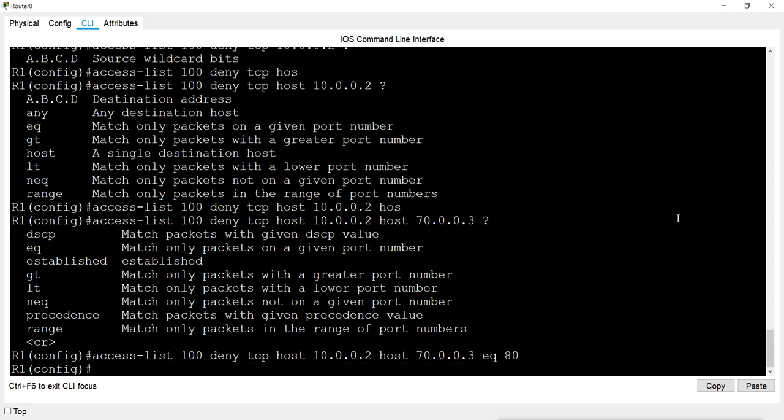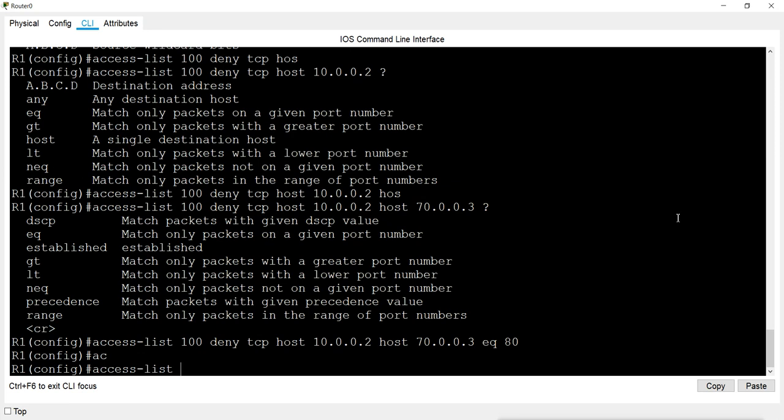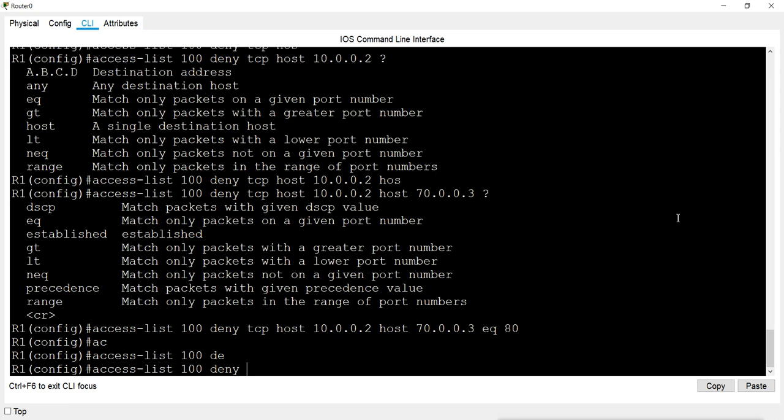Done. Now for the third host 10.3, again I will create the list, number 100, deny. Now for 10.3 I want to deny DNS request and reply. The DNS request goes from the client to the server, and the server will reply with the DNS reply.